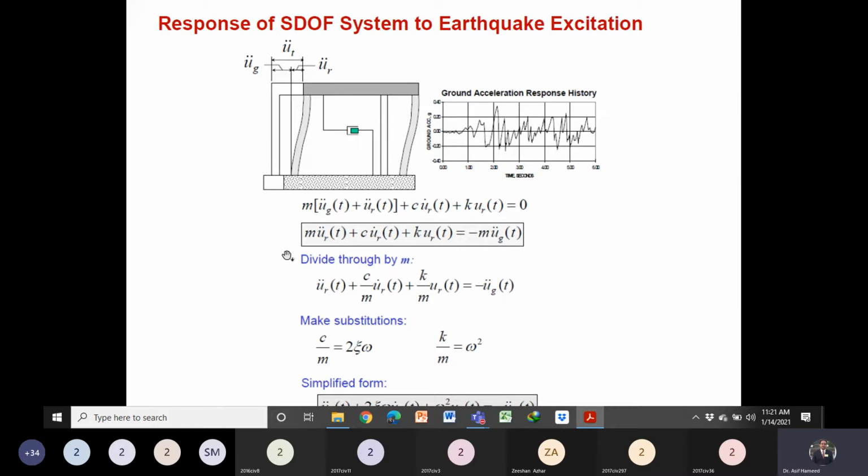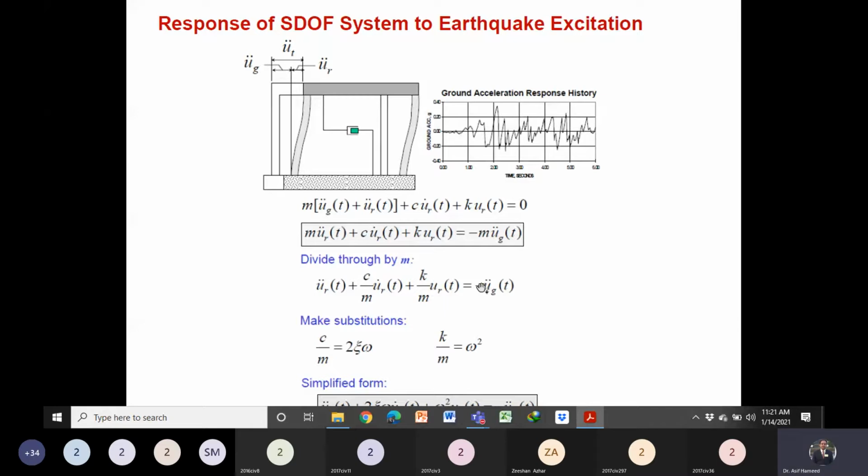We can expand this expression. Mass times the ground acceleration plus mass times the acceleration of the system. This is the relative acceleration of the top with respect to the base, and also the relative displacement and velocity with respect to the base. We can take this term to the right hand side, and this is the mass times the acceleration. This is a force, the applied dynamic force because of the earthquake.